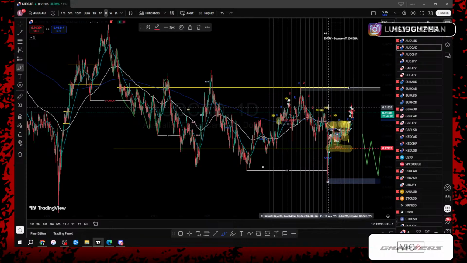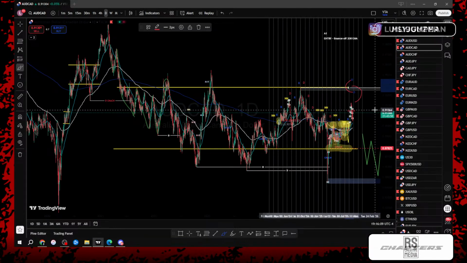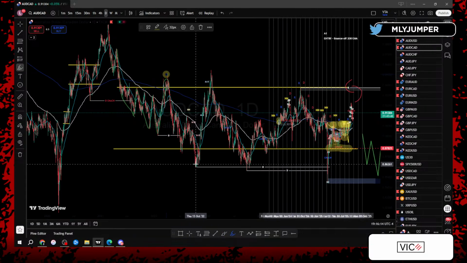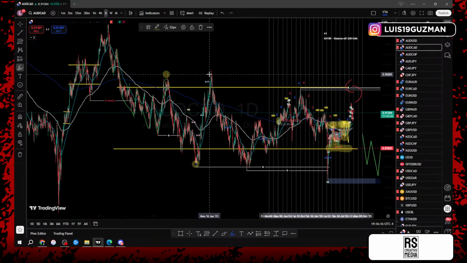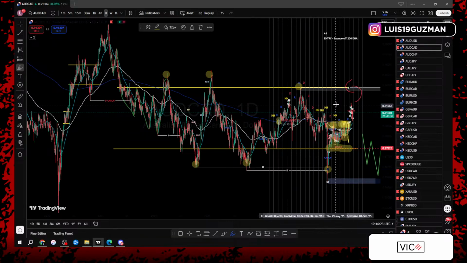So now the next question should be, well, where's your target? Where are you expecting price to give you the push to the topside until it starts trending back down? And for me right now, what I'm looking for is literally just the top of the zone of consolidation. Because again, if we just look to our left-hand side, rejected highs, rejected lows, rejected highs, rejected lows, rejected highs, rejected lows. One could only assume, also basing it off